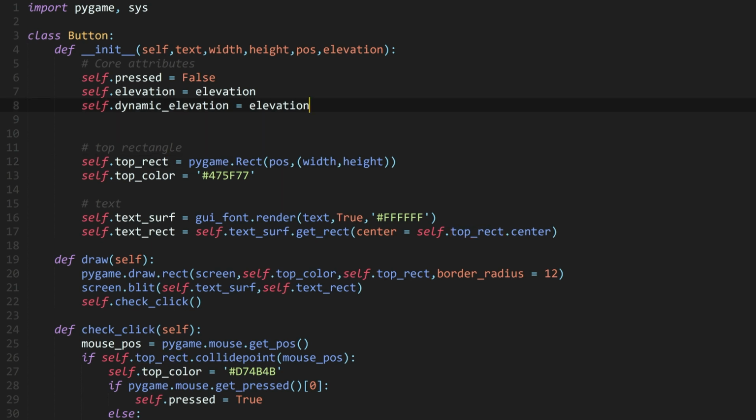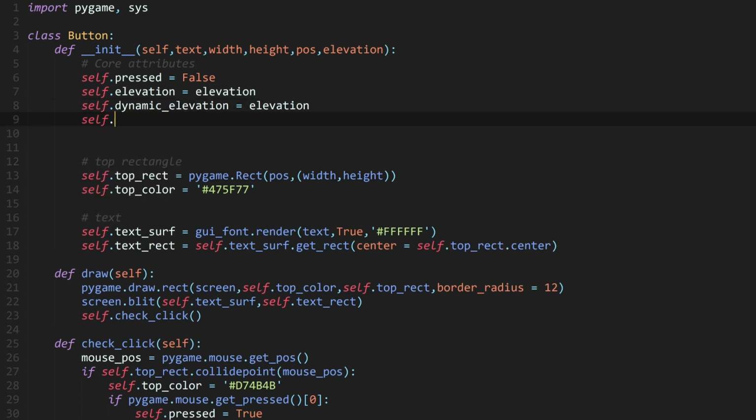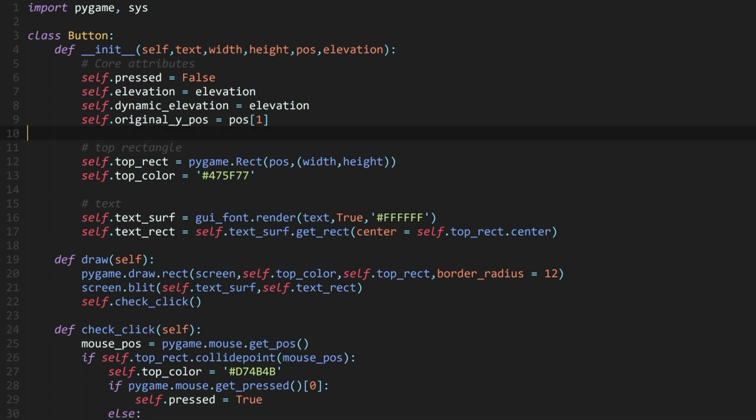And just to make it easier to work with, I'm going to specify this as its own attribute. So let's call this original Y position. But really all that is going to be is pos and 1. So the Y position we have inserted when we created the instance of this class. And all right, so with that, we have all the basic parts that we are going to need to make